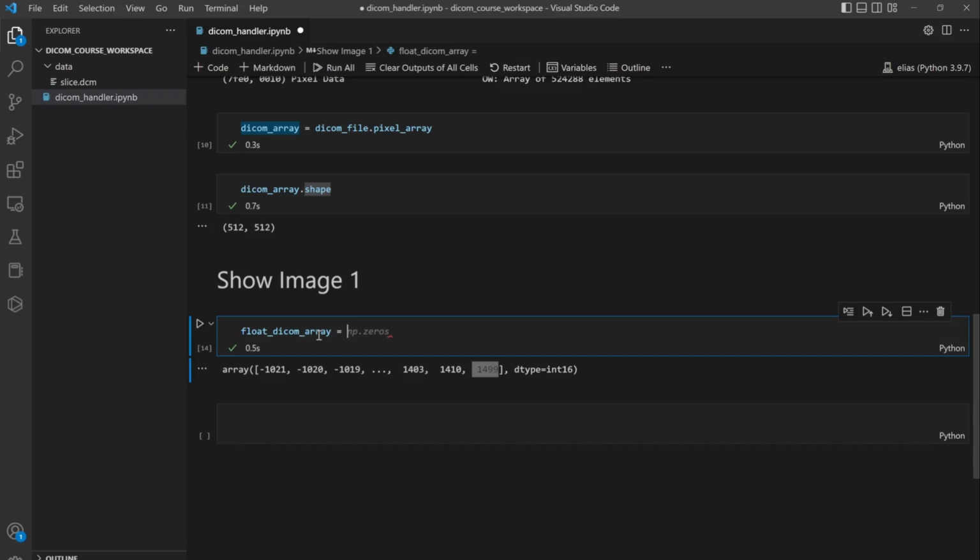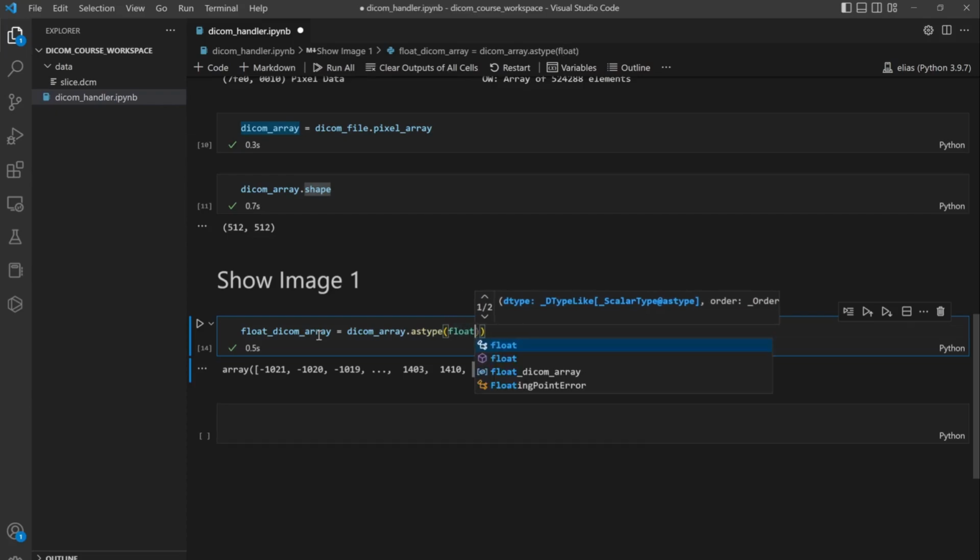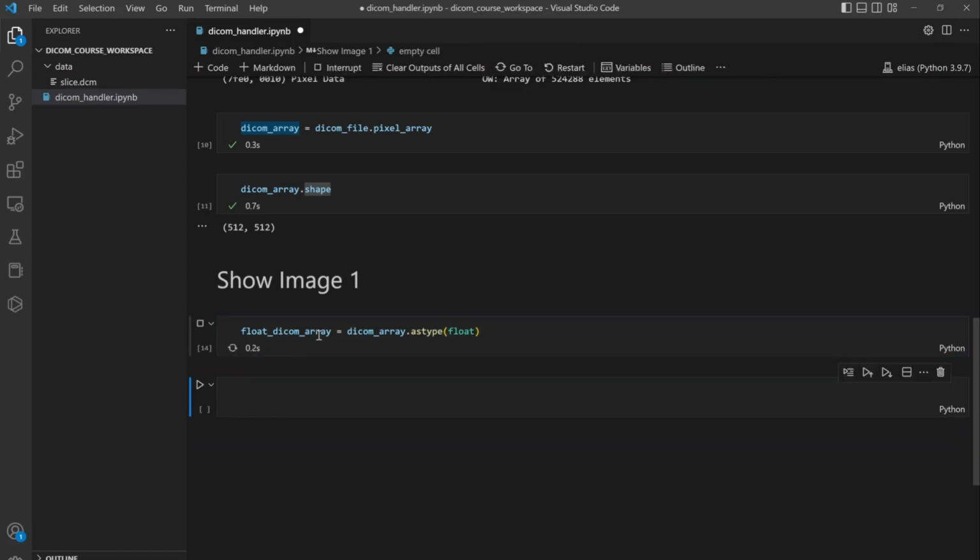Now let's get the DICOM array, which is this one, and use a function called astype, and then we give the type that we want to convert to. In our case, it is float, so we just put float. Now the type is float. If we run this cell, it means that this image, this array that we had, which was an integer,